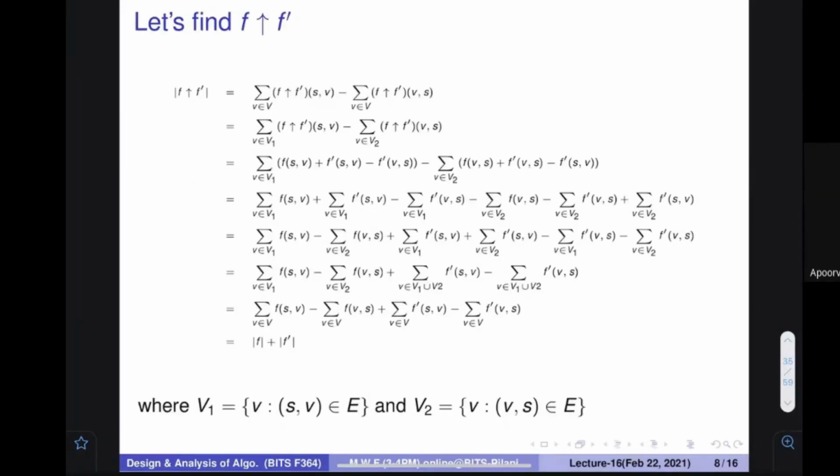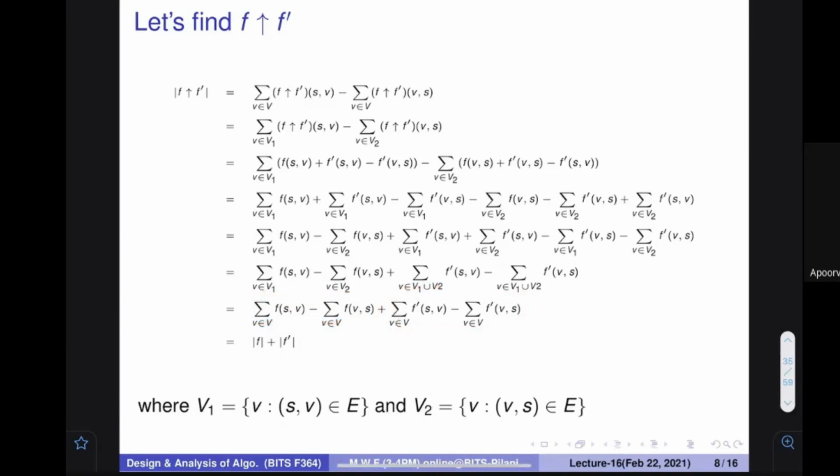Then, because you know that V is an even bigger set, instead of this thing, I can put once again the V, because if the other terms are coming, they would be 0. So everywhere I'm going to put the V once again. After doing all these things, we have reached a very interesting place where this particular formula comes and this particular part comes.